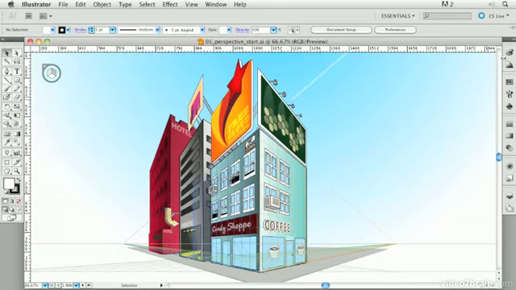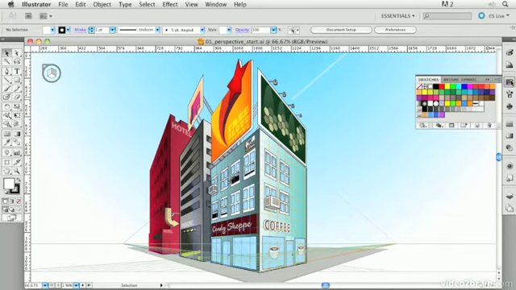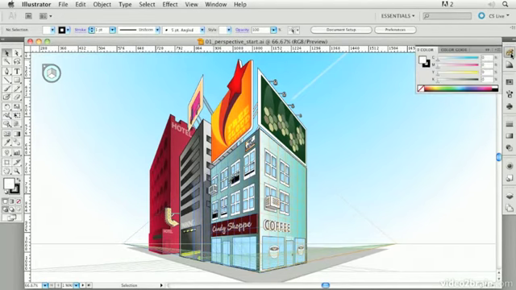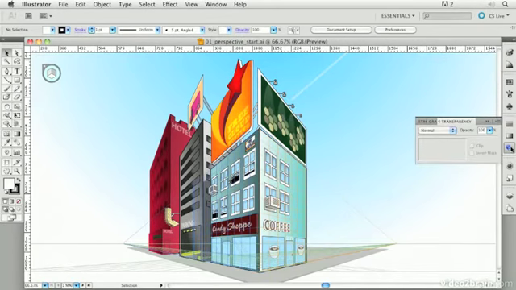Over here on the right, you'll see a bunch of panels. They're icons right now, but if I click on one, out pops this panel. This is the swatches panel, or the brushes panel, or the symbols panel, or the color panel. You get it? The transparency panel. Now, right now, they're only icons, and if you're brand new to Illustrator, this probably means nothing to you. And if I said something like, hey, go to the swatches panel, you're like, I don't know which is